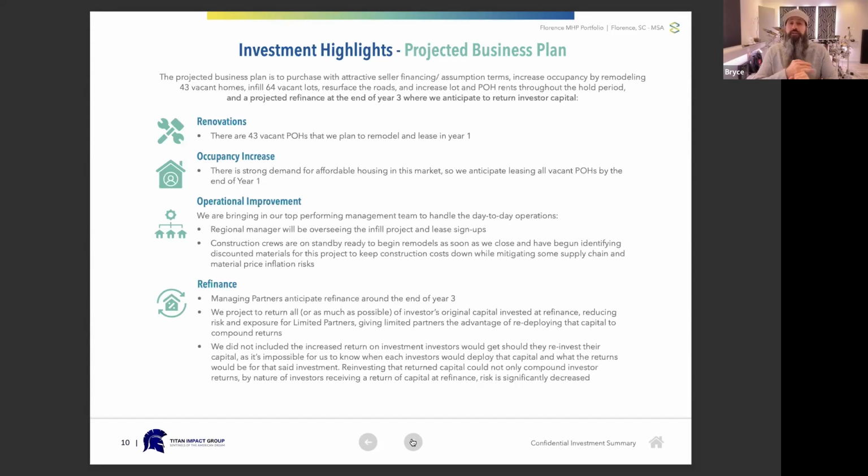we can. Most other operators are doing about one remodel per community per month. We're doing a minimum of 7. So we're significantly faster than other people. And we actually put that down to, well, one, we have a lot of crews that we send in to do these remodels. And also we do a lot of pre-planning way before start time so that we've got all of our ducks in a row and everything lined up, ready to rock and roll once we close on the property. I'll also mention that we have one of our construction managers actually living at this park as well, overseeing